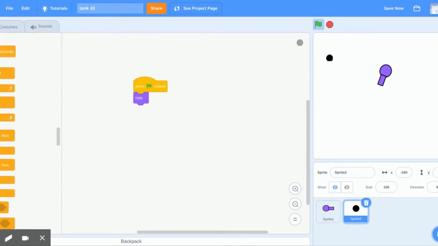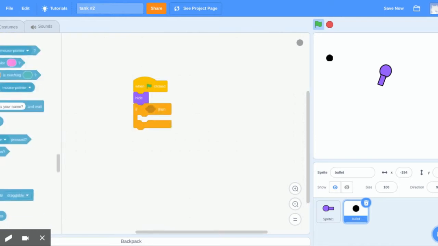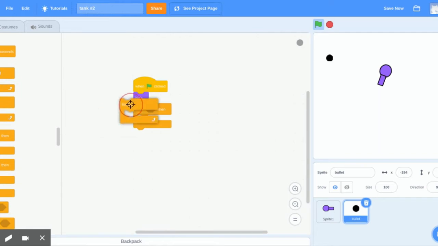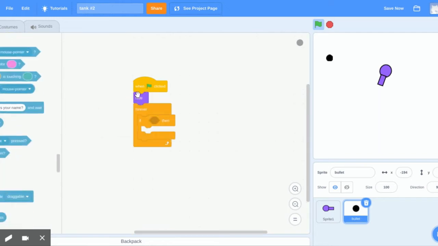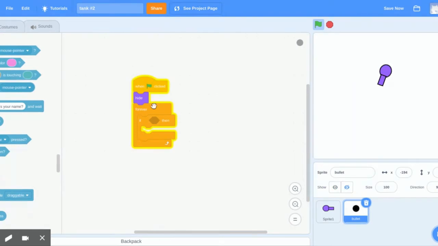Then you have an option of whether you want to make it so it creates a clone, so you can make it shoot faster, or maybe you want to make it like a sniper bullet. Doesn't really matter to me. I'll show both ways. So if then, actually I just forgot we have to have a forever in there. So it'll always happen. So when this thing's clicked, it's always gonna do whatever's inside here. Then the if then is gonna make it so when space is pressed,